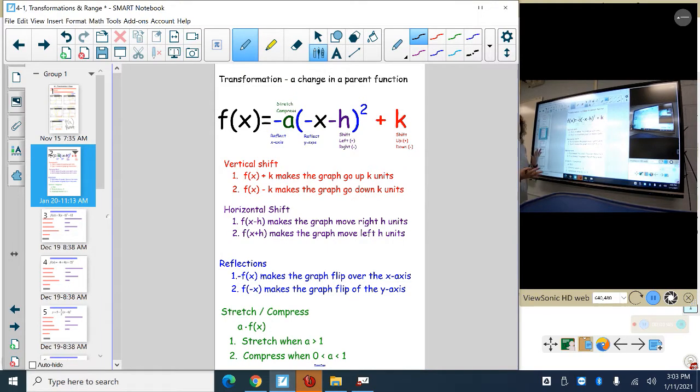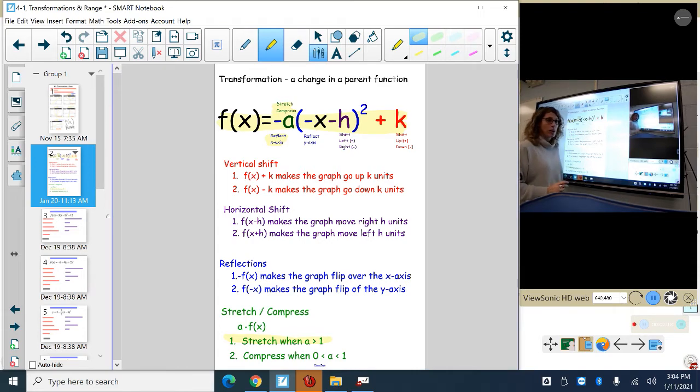Now, we talked about this briefly before, and we talked about what it means to stretch, compress, reflect, left and right, okay? Same exact concept here. I give you this wonderful little function. Every one of those signs and letters does something different to the parent function. The negative reflects it over the x-axis when it's on the outside. The a, when it is greater than 1,